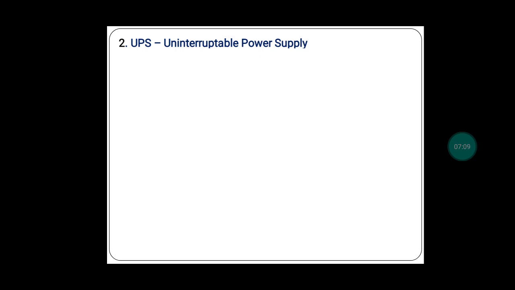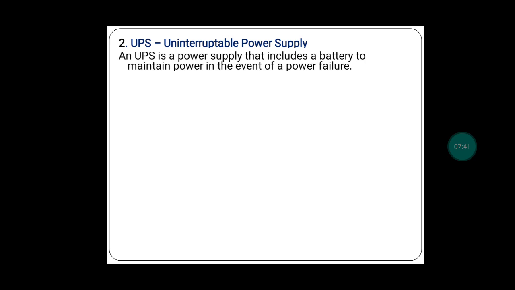To avoid this, even after the power goes off, your system should work, because you have to save your data. If you don't save, everything will vanish. So you need some time for that. To supply this kind of uninterruptible power, I mean without a disturbance, so that even if the power goes off your system will still work, we have backup batteries and power supplies, that are nothing but uninterruptible power supplies.